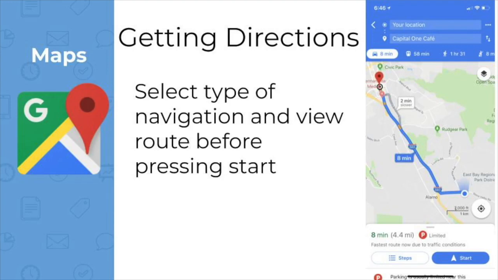We'll start at the top of the screen. You can see right now it says your location, and right underneath that it says Capital One Cafe. The your location field is your starting point, and the Capital One Cafe is the ending point. By default, it will always use your location as the starting point, but you can change this if, for instance,